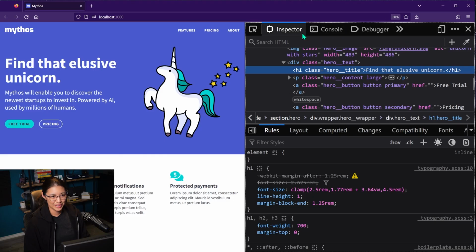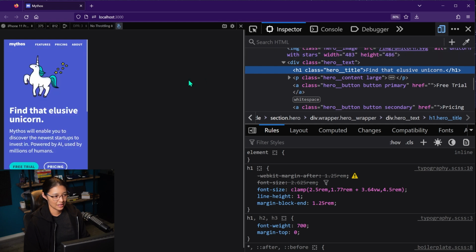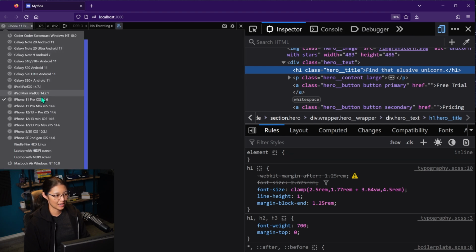The next feature I wanted to show you is the responsive design mode, which is really helpful and I use this a lot. So up at the top bar next to the top tabs, there's this icon that I mentioned earlier, responsive design mode. It looks like a phone and a tablet icon. If you click that to turn it on, then you're going to be able to emulate the viewport width and height of the actual device. And once that's on, you can select whatever device you want to emulate. So I have iPhone 11 selected, but they have a ton of other options. This is iPad.